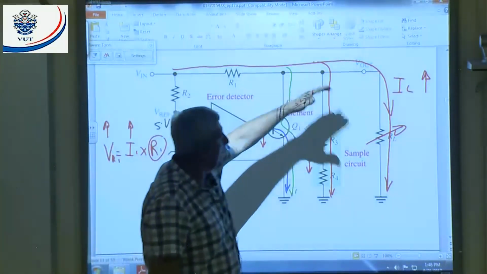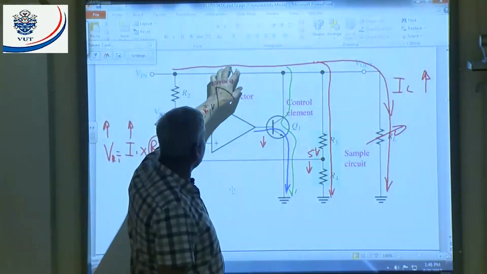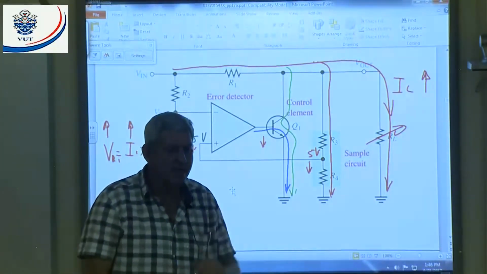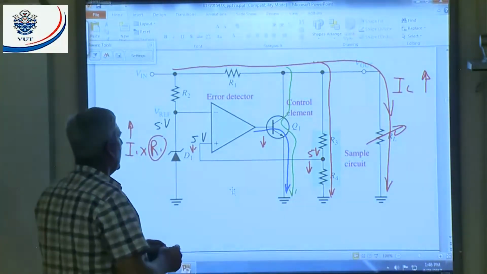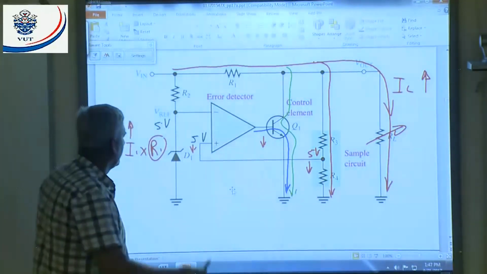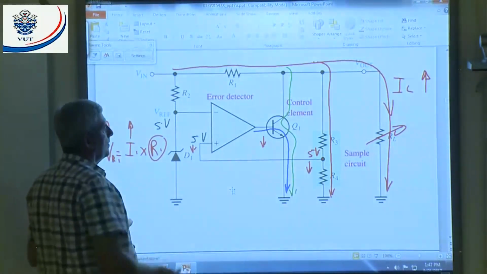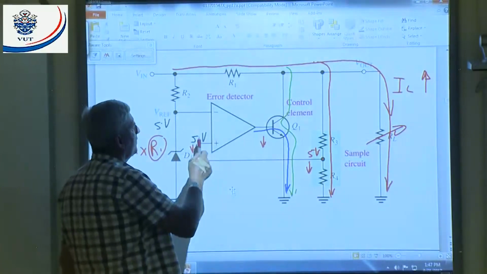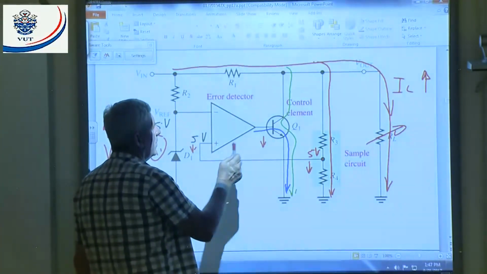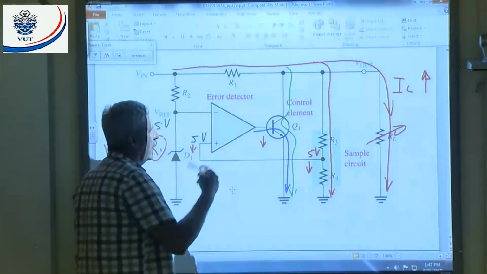What happens to the output, if I have a fixed input and that increases? It will decrease, all right. It will become less. That means now the voltage here will also become less. That means now I had 5 volts there when everything was stable. Now it's, let's say, 4.9 volts. 4.9 volts is negative with respect to 5 volts. That means at the non-inverting input, the output of the op-amp, the error detector, will also